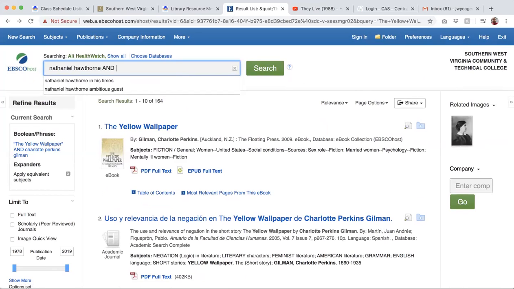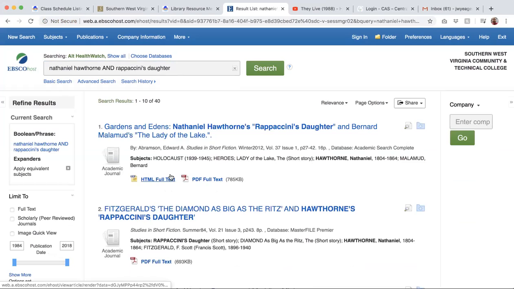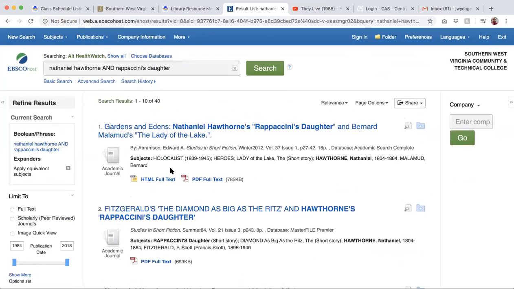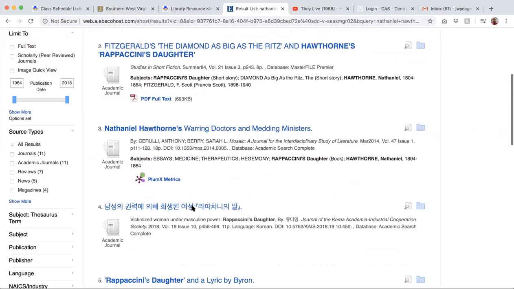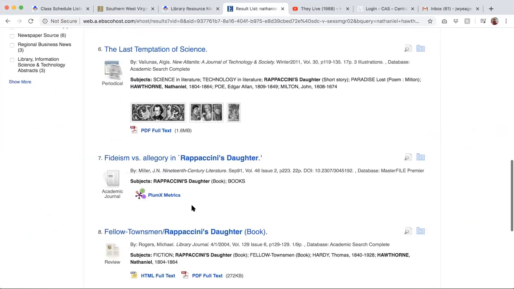Let's look for Hawthorne and Rappaccini's Daughter. Let's see what we got for that. Yeah, so even with just the story Rappaccini's Daughter, we're finding a bunch of stuff. We had a good discussion of that one, if I recall.